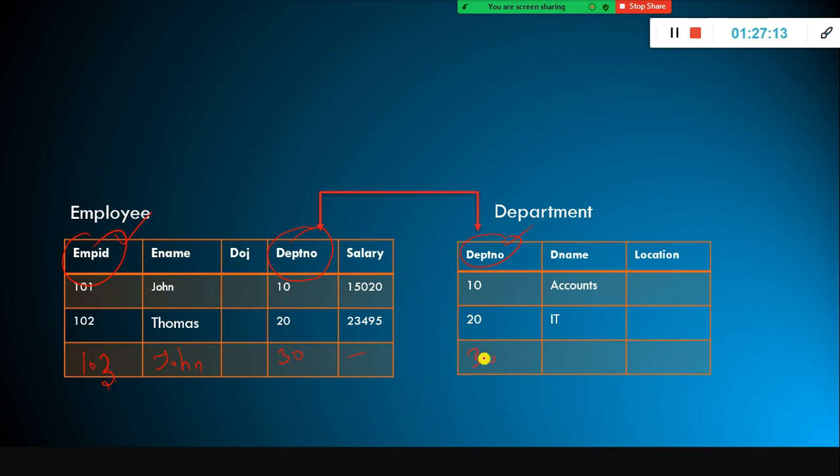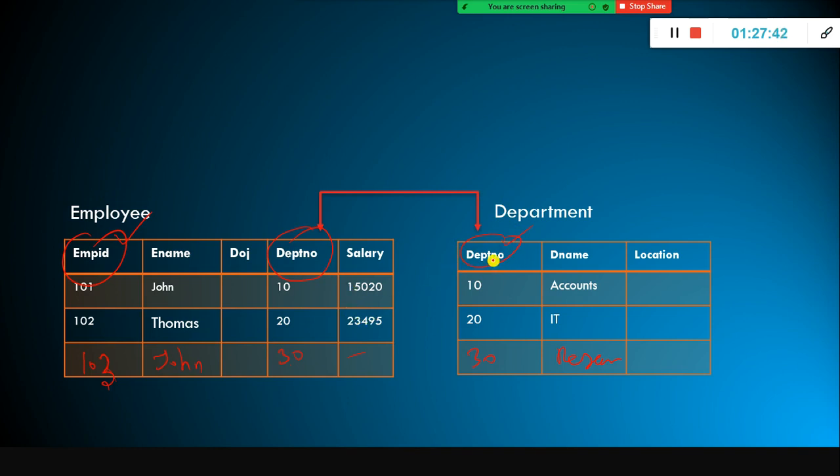Let's say here I have 30, and here I have research. To enforce this, we create the foreign key constraint at the table level itself. For example, when you create the employee table, you specify this table's column department number references the department table's department number. That's how we say references.